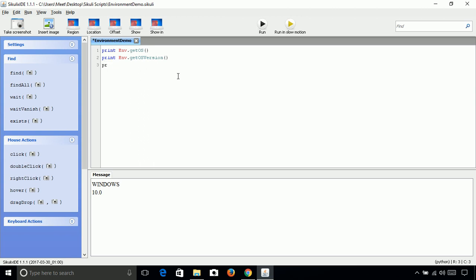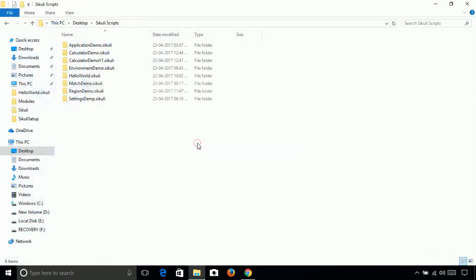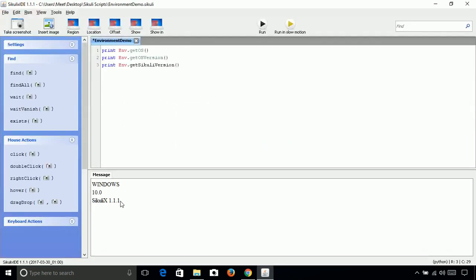So let me print that also. Now let's run it. See, I am running on Sikuli X 1.1.1.